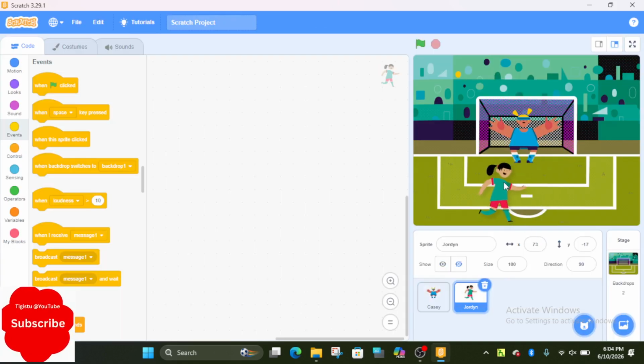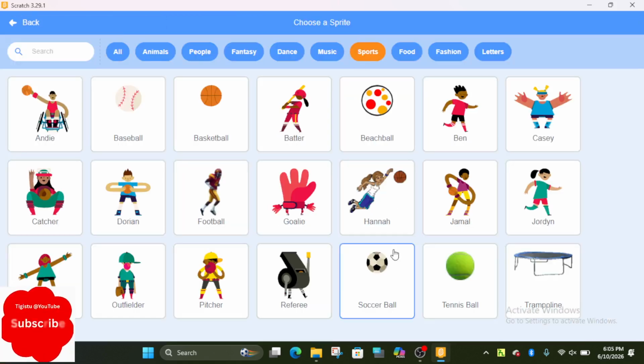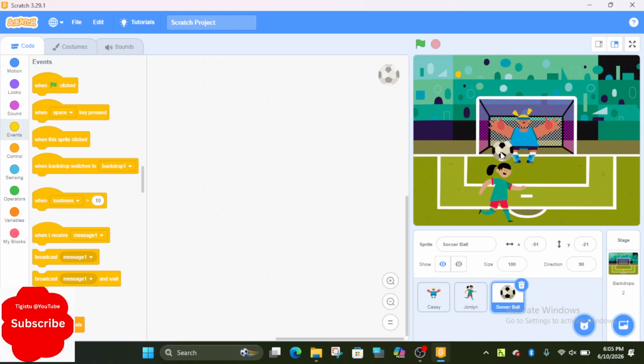Make it here. Then add a ball. Make the ball here. Then to kick the ball, just